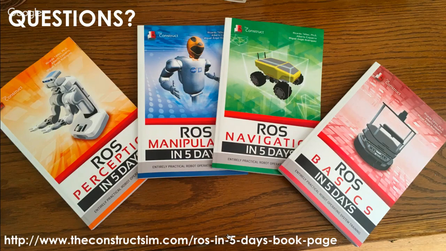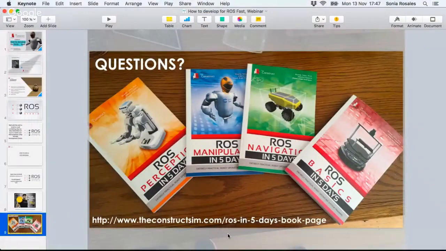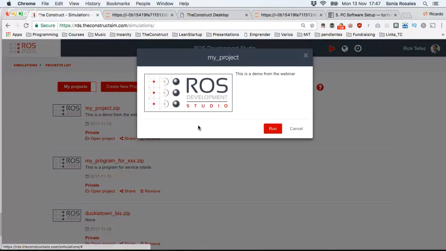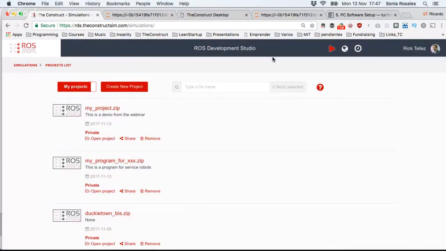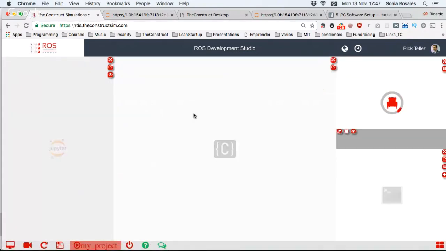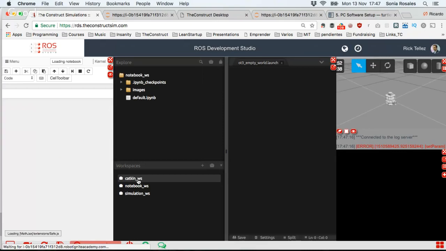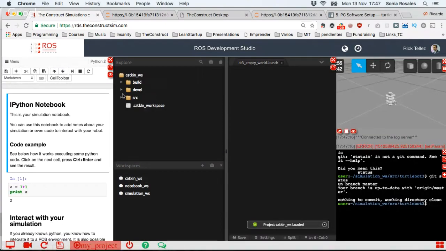Nobody? Just to let you know that in case you want to download your packages, for example, your project, well, I don't need to relaunch because it's already launched. So I'm going to just open it. And here, in the Catkin workspace, I have created my package. Then imagine that I want to download this and install it on the real robot. For this, it's very simple. Just click there,